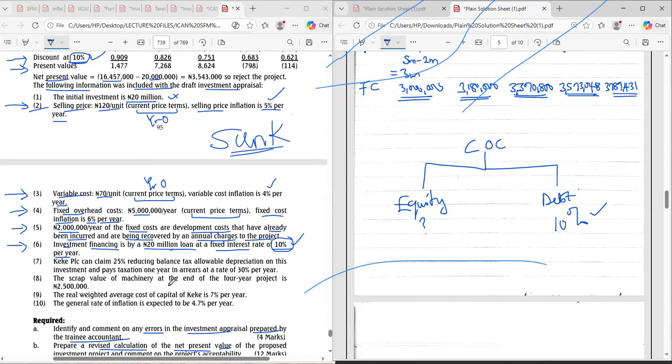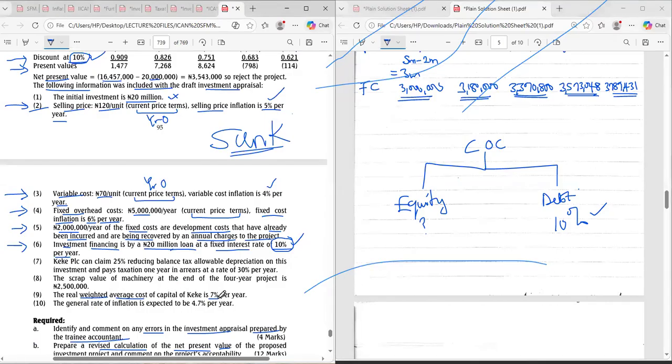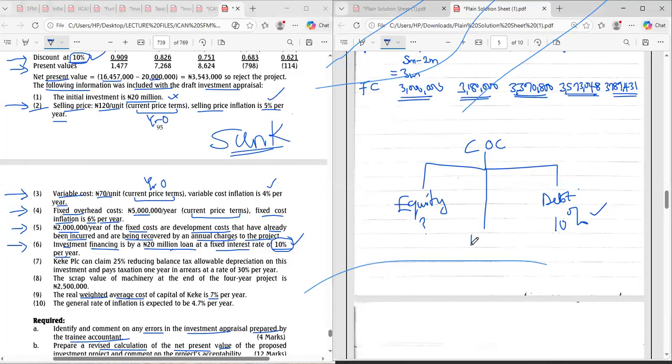Now, somebody said that the real weighted average cost of capital is 7%. What do you mean by a weighted average cost of capital of 7%? This is the cost of capital that has factored in both equity and debt. So all things being equal, your WACC should be what is used to appraise an investment. Because if you use 10%, it simply means that you're only planning to get back 10%.